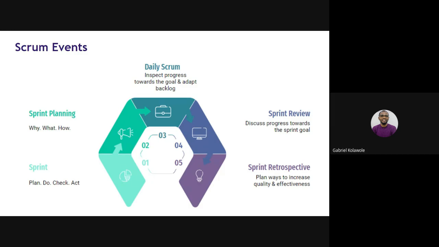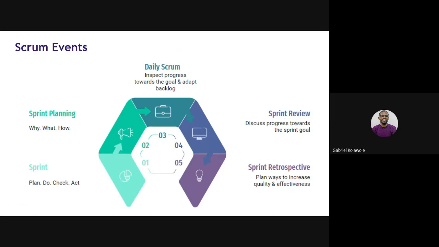So the Scrum events present a perfect opportunity. They create that structure where all these principles of iterative delivery of value play out. And I'll start with what is called the sprint. So this is the sprint. I think I have another slide where I will explain with more details. So the sprint is where you plan, you do, you check, and you act. It is a container event.